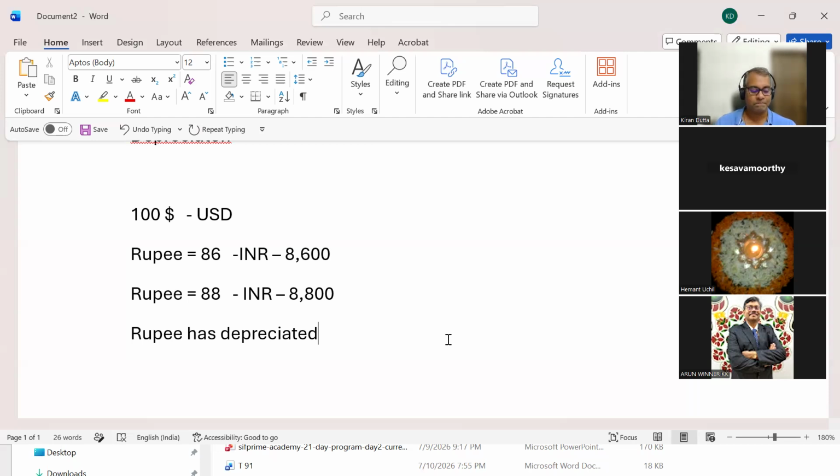And one more simple way we can remember this: suppose the base currency is increased, the quoted currency decreases. Simple. That's very bad. Linear relationship doesn't exist in currency pairs, so that's a very bad analogy, by the way, right? You can think of that, but like in a normal scenario,